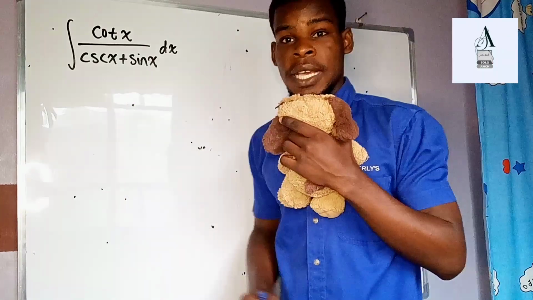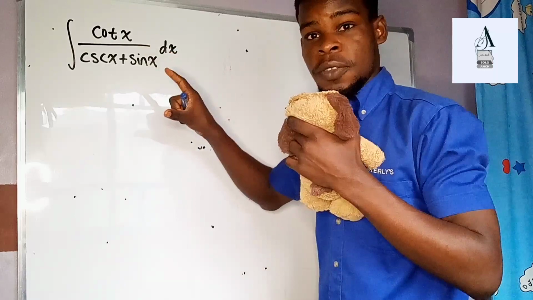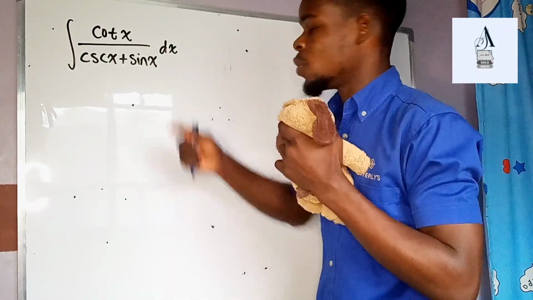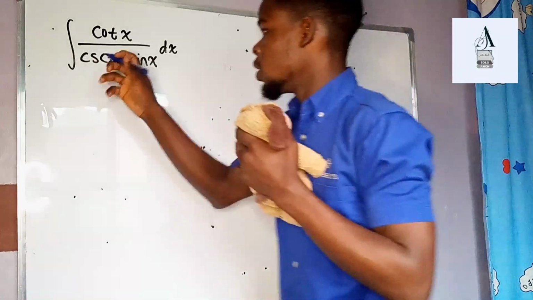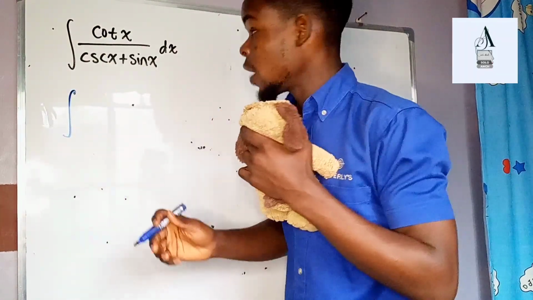Okay, so we just want to find the antiderivative of this. We have this function over here, and these are trigonometric functions, and they have trig identities. So let's just replace each of these with their trigonometric identities. Okay, great. So we're going to start off by saying the integral of cotangent of x, which is something as